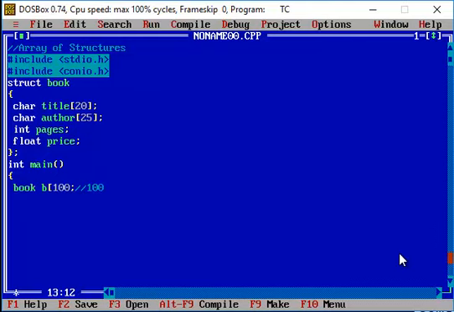Normally, whenever we create an array variable, we define the data type of that variable, and then we define the size of the array.